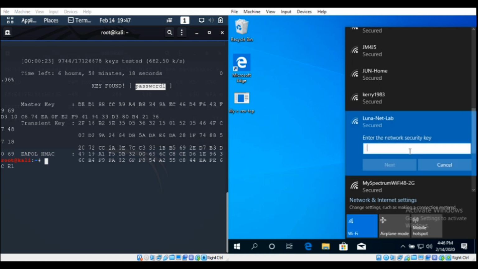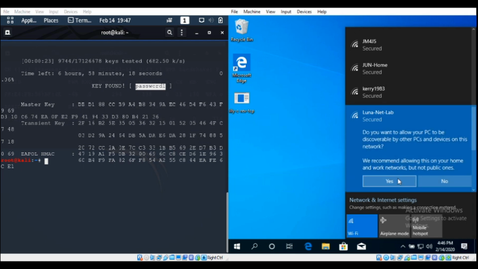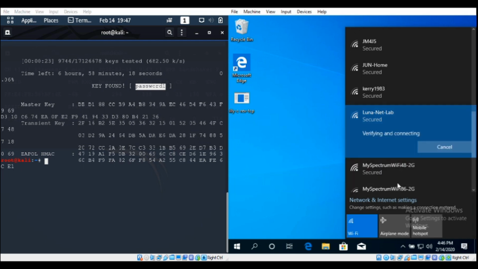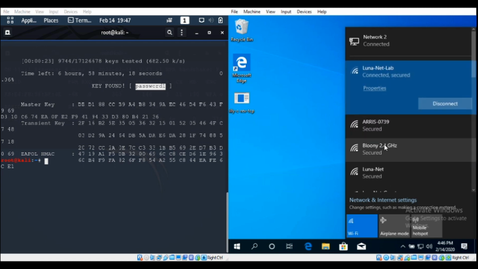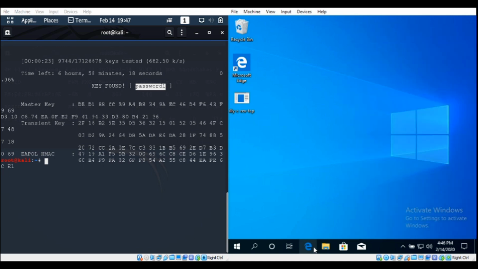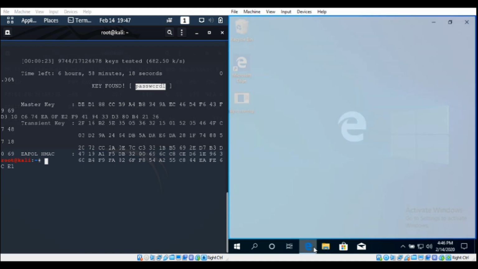Click on connect automatically, connect, password1, and I'll show you here. That's what we're entering, password1. Click next, and yes, why not? Because I'm dumb. But you can see that we'll be slowly connected. We are connected now, and if I go to Internet Explorer